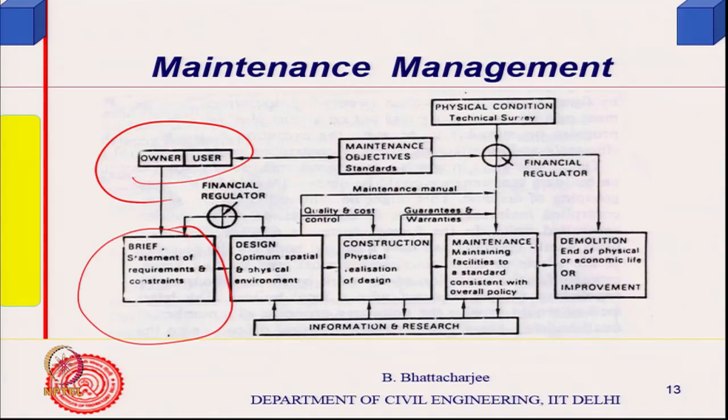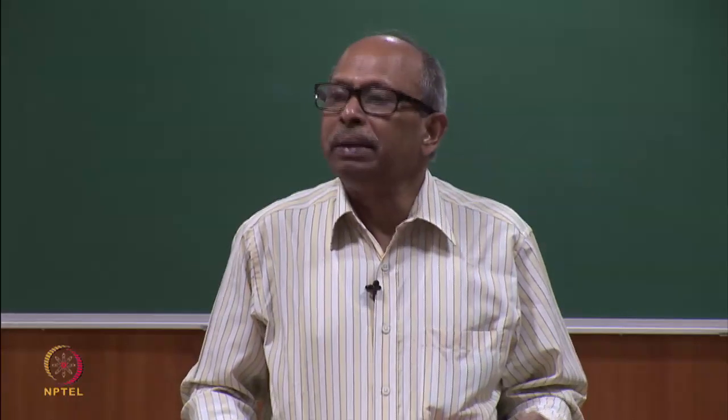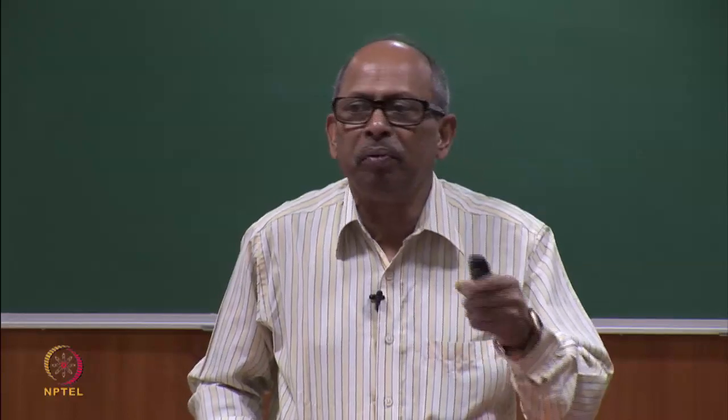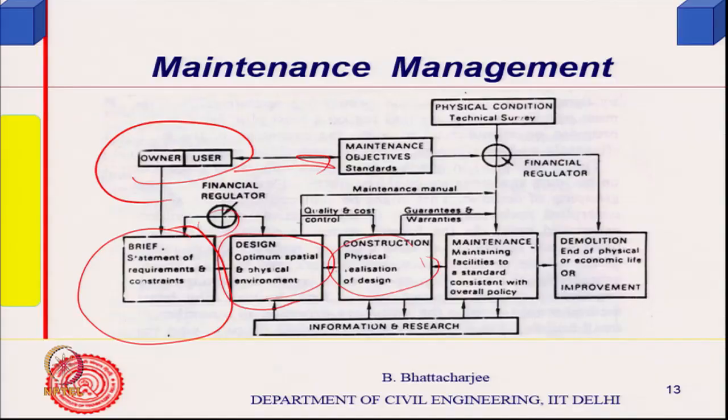That is the requirement, followed by design, and obviously the constraints will be financial and other constraints. So, the optimal spatial as well as physical environment, taking everything into account, both structural design is also a part of it. The design is done, and then realization of the design is construction, but at this stage itself, in the beginning itself, the function of the building is decided and its level is decided. For example, hotels can be of different kinds, hospitals can be of different levels. So, what type of maintenance requirement, that objective is already decided by the owners or